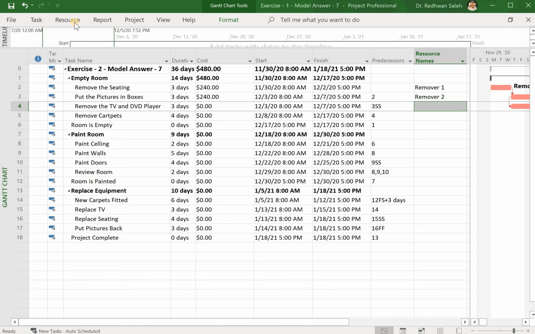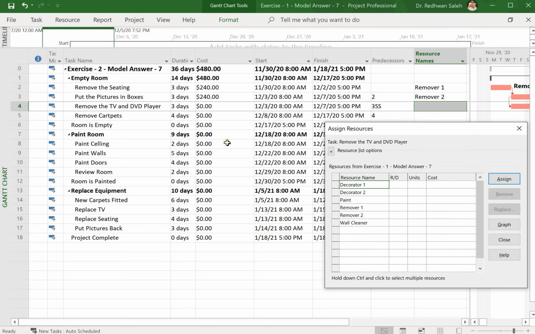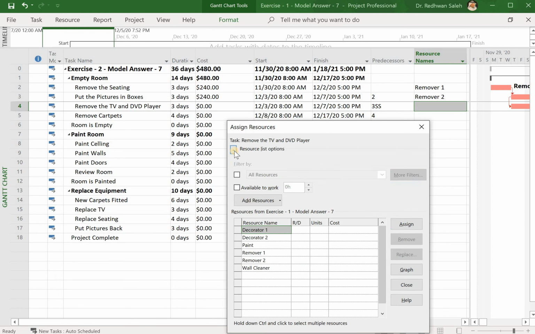and to better allocate the resources, I will use the resource tools. If I click here, resources, assign resources, and now from this small box I need to find the right resources for removing the TV and DVD player. But the first thing I need to do is the resources list option. I need to untick this one or click on it until I see a negative sign, and it shows me